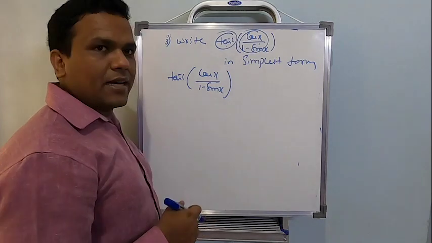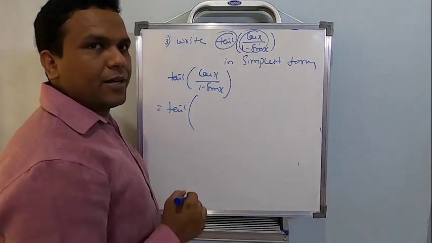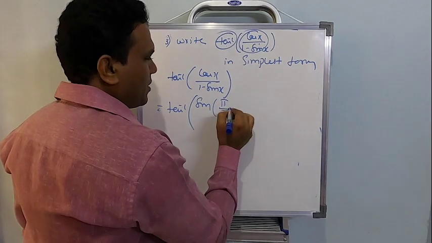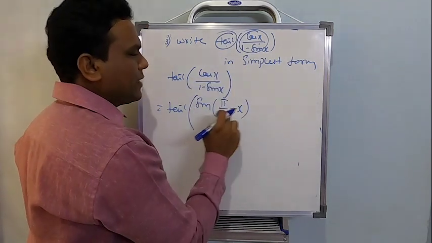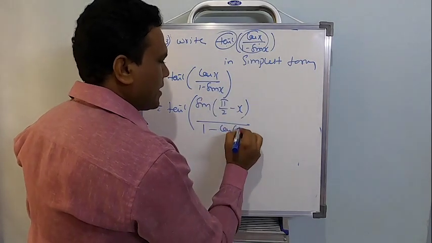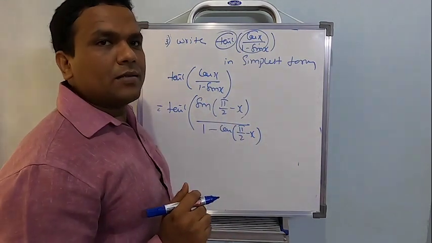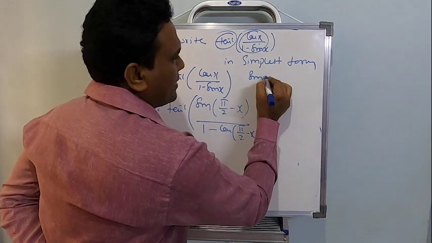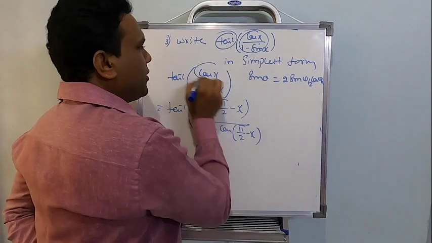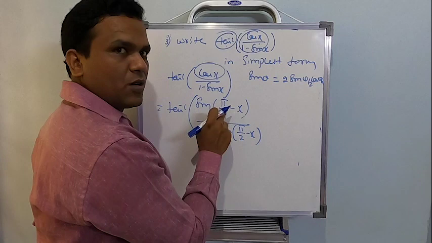Now, what is the method actually? I am going to rewrite my numerator. Why this is done, you will notice later on. Cos x can be written as sin of 90 minus theta. Similarly, in the denominator sin x can be written as cos of 90 minus theta. There are submultiple angle formulas for sin theta: sin theta is 2 sin theta by 2 multiplied by cos theta by 2. But we don't have one directly for cos. That is the reason why I converted this in terms of sin.